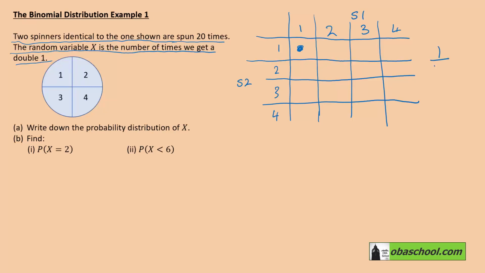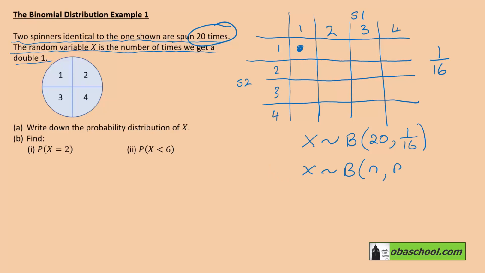So the probability of a double one is 1/16. If we're going to do this 20 times, then x will follow a binomial distribution with 20 trials and a probability of success of 1/16. We know that when x follows a binomial (n, p),